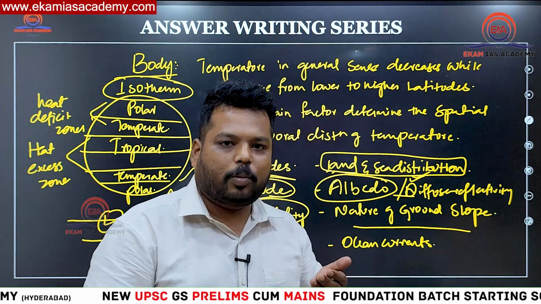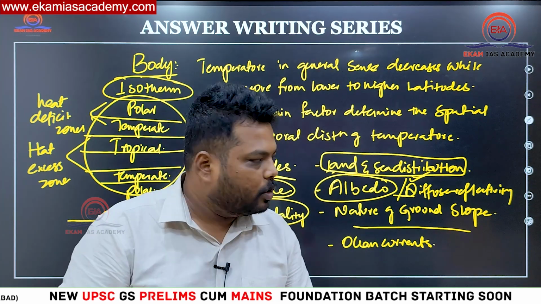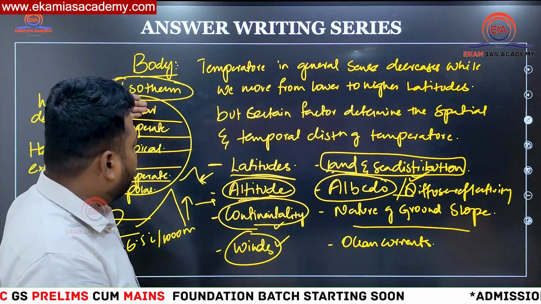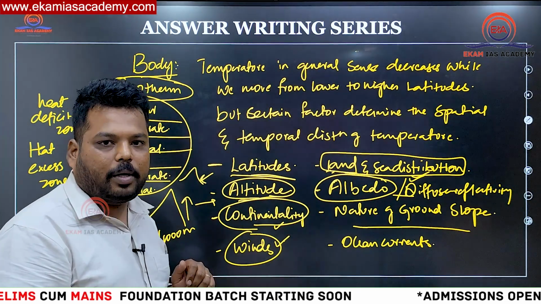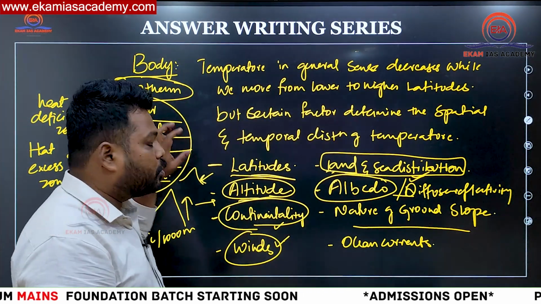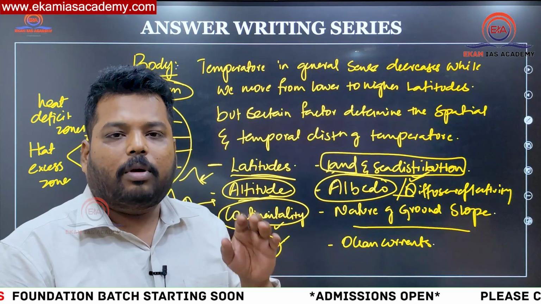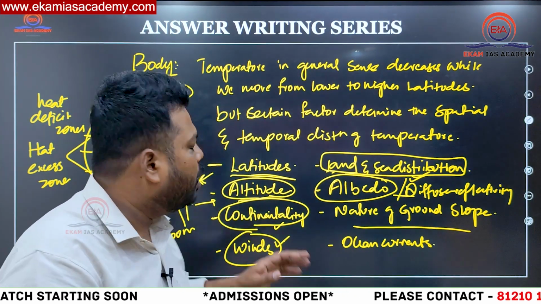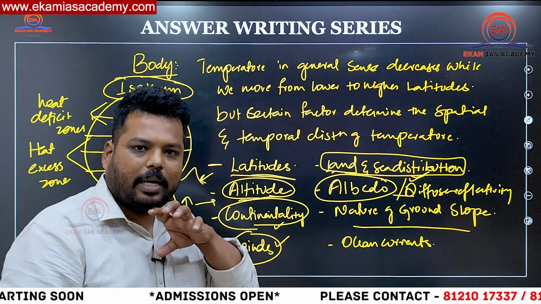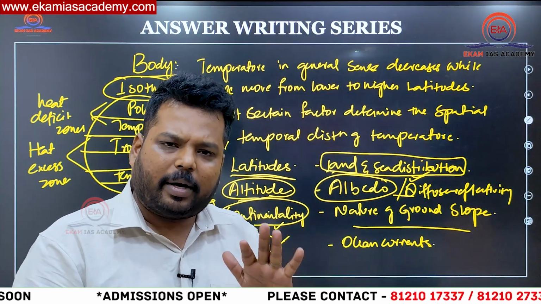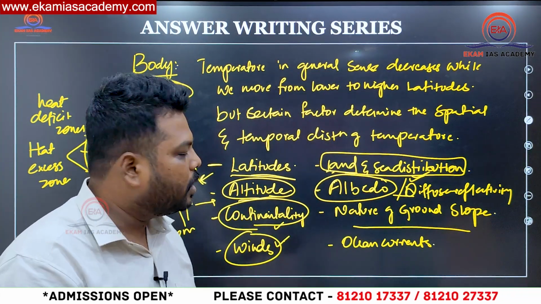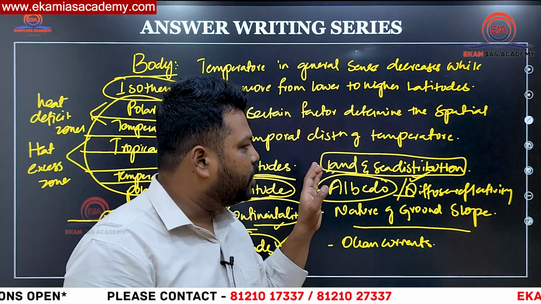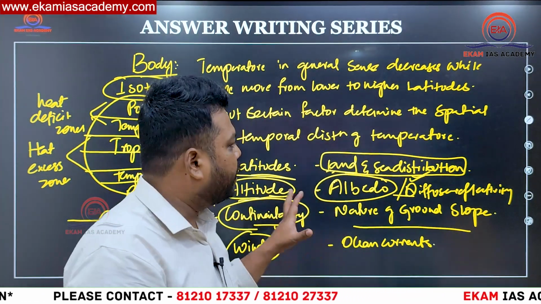So these oceanic currents will be warm and cold oceanic currents. Those going from bottom to top, from lower latitudes to higher latitudes, are warm oceanic currents; higher latitude to lower latitude, cold oceanic currents. If a warm oceanic current is present, we will have extreme temperatures, hot and humid conditions. If cool oceanic currents are present on the coast, we will find cooler and dry conditions. So the presence of these oceanic currents will also determine the spatial and temporal distribution of temperature as such.